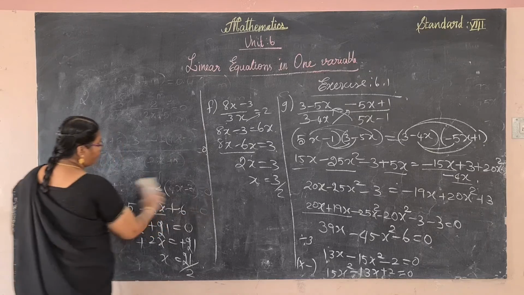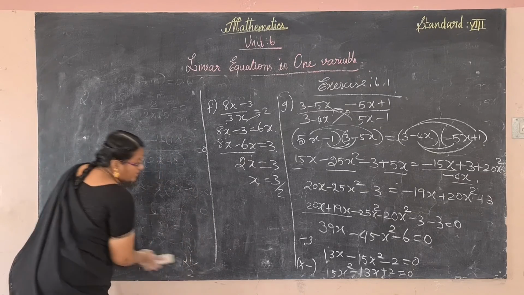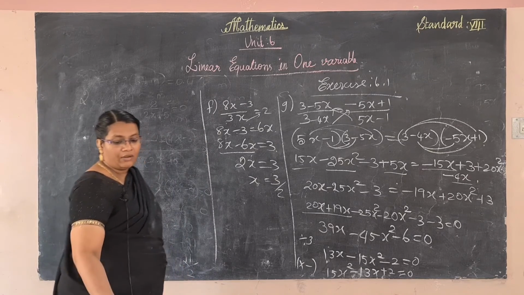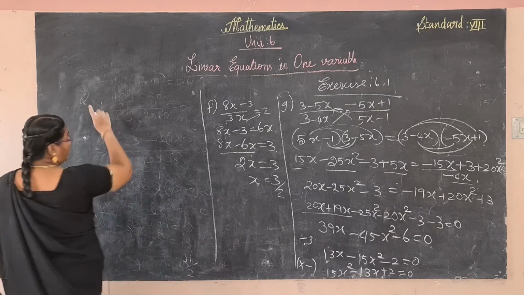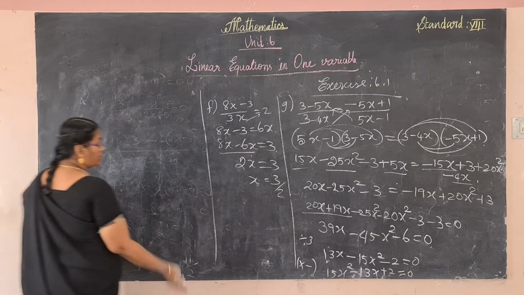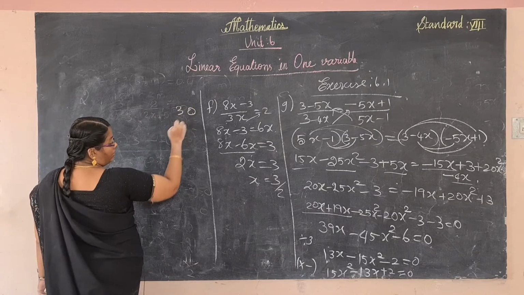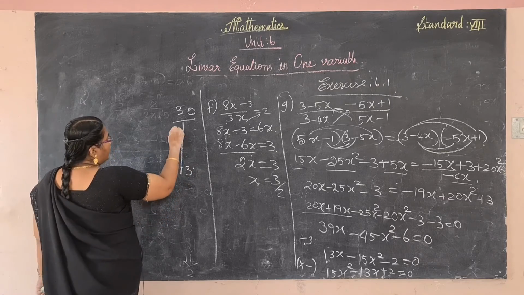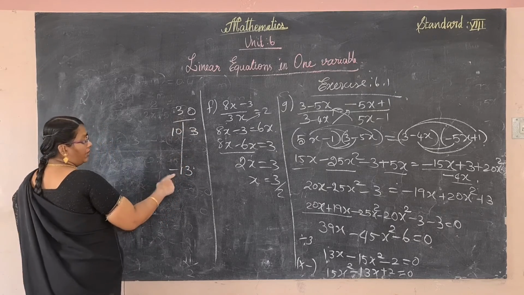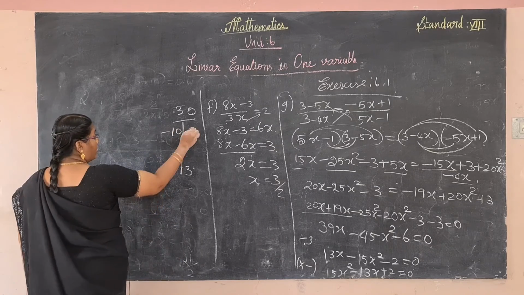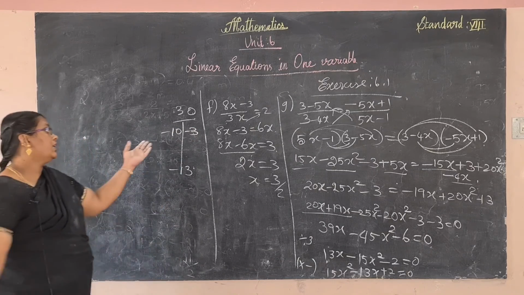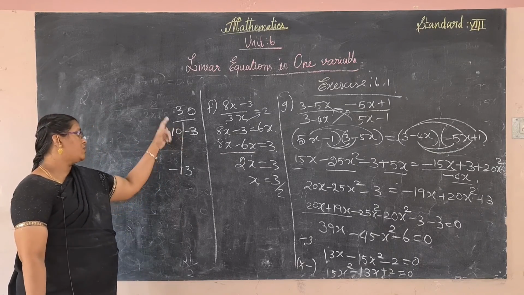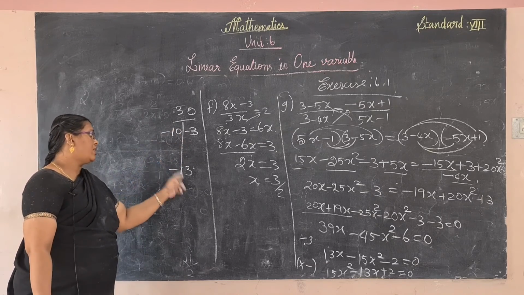Now we use factorization. In the previous chapter we already learned about factorization, isn't it? So multiply the coefficient of x square into the constant term. What do we get? 30, is it? Plus 30. The sum of the factors is minus 13. So 10 3s are 30. But here we need the minus sign, so both we consider as negative. Multiplication of negative into negative, we get positive. So minus into minus plus, 10 3s are 30. Add these two values, we get this.